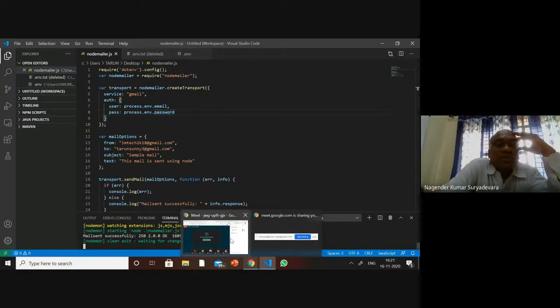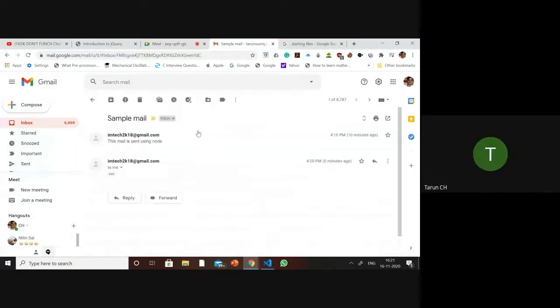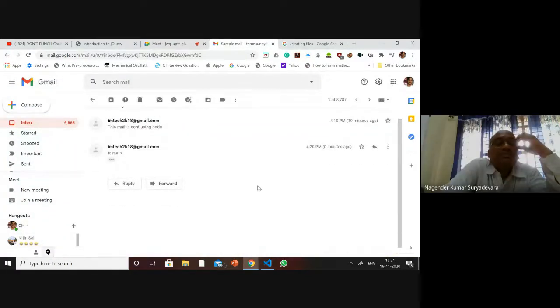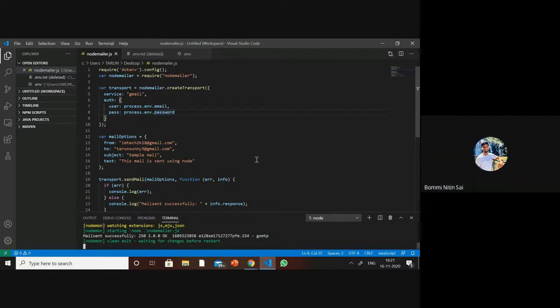So you go to a mail inbox and you can just check over there. Now this is the latest one that has come here. Whenever you're using JavaScript files, you may need to have these environment process variables also. At that time, it will be very useful when you're working in this environment. So just keep remembering this, right? So this is fine. Any doubts here, please? No. Nitin, are you okay? So your Node.js email has been working. Yes, sir. Right. Yeah, tell me now.